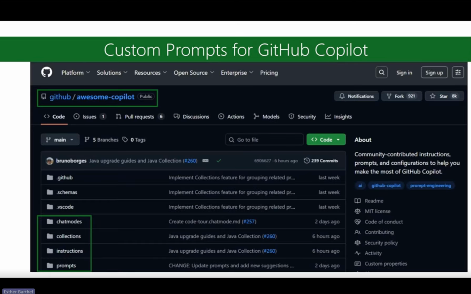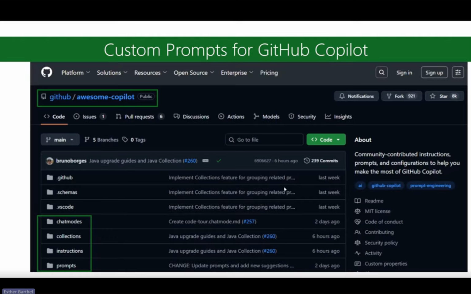And then there's another awesome feature within GitHub Copilot: it also allows you to create what they call custom prompts. There's a great awesome-copilot repository provided by GitHub itself that allows you to see different examples of chat modes, instructions, or even custom prompts.